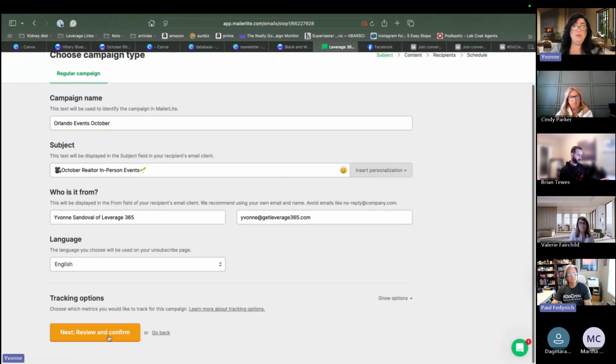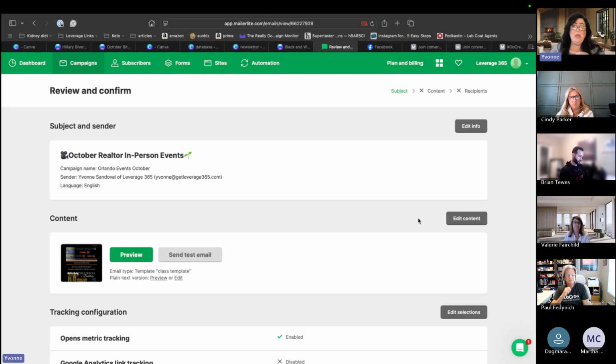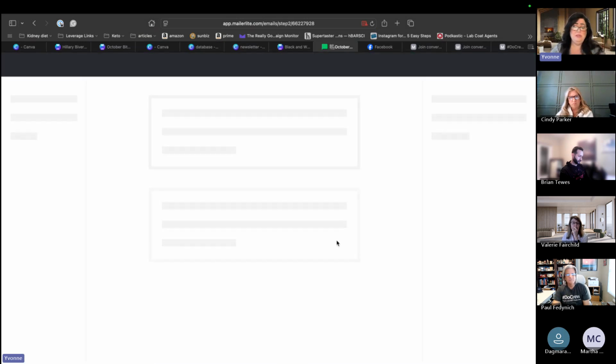Now you can upload the images that you've created for your newsletter in Canva to your templated email. You go to edit content, and I find this to be one of the easiest email platforms out there. MailChimp, they're all the same.